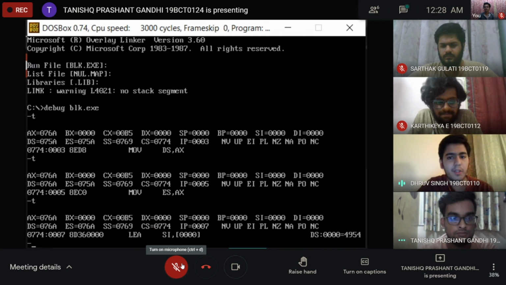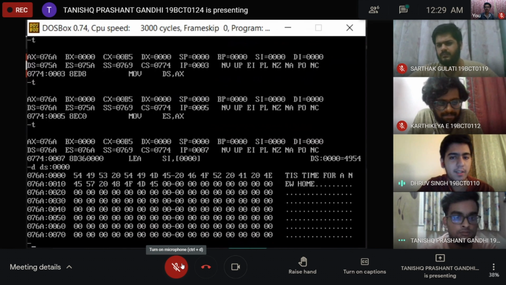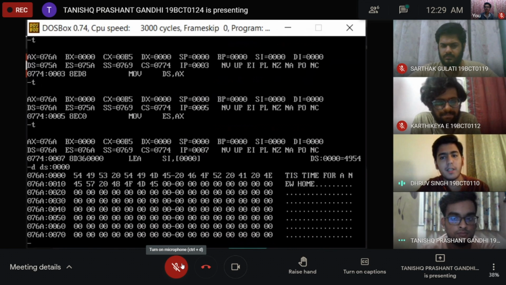Now the pointer for the input starting from location 0000 is loaded into SI, and we can see that the input is available in the location and the ASCII value and string is visible in the output screen.